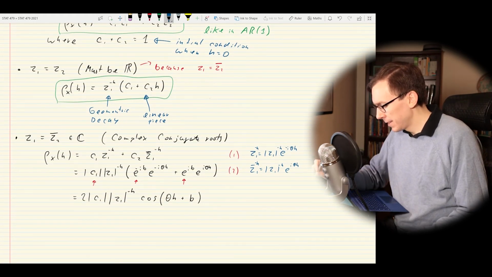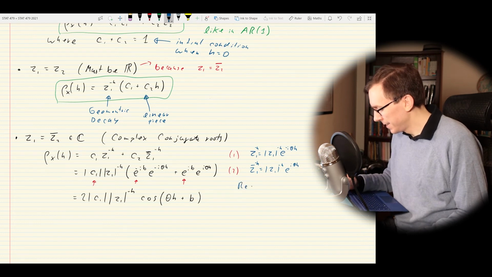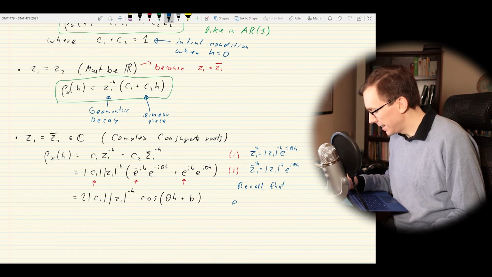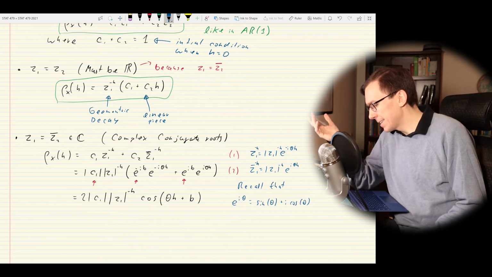Remember, I'll just write it off to the side. Recall that e to the minus i theta is going to be sine theta plus i cosine theta,